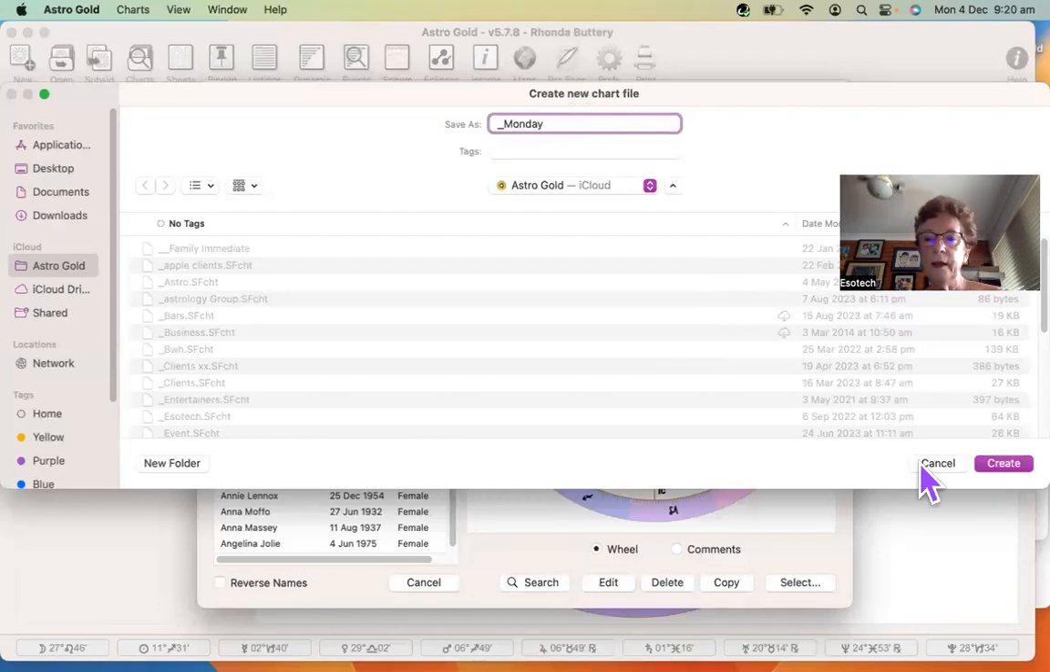And now I can create a new chart file. The reason I put the underscore in everything I create is so I know it's mine. It's a bad mistake to edit anything that comes with the program because anytime you update, it risks being overwritten. And I don't think I clicked that hard enough. So now I've got a new file called Monday, and unless there's already one called Monday,